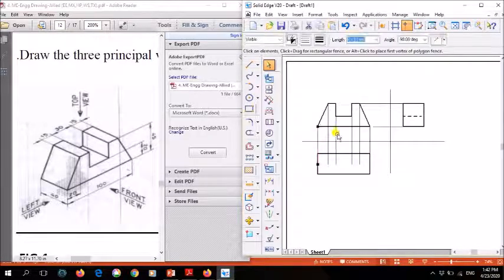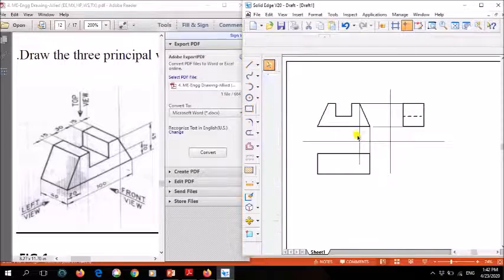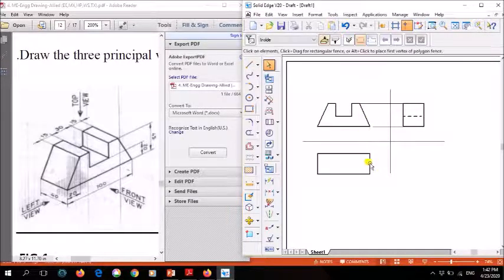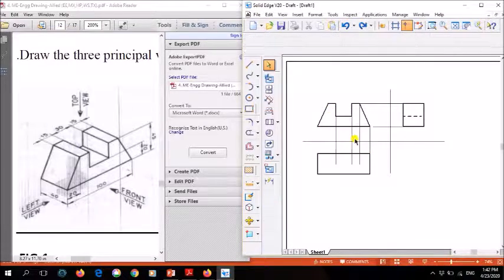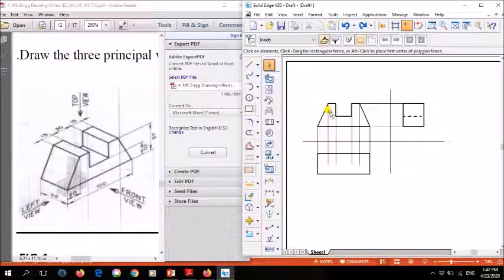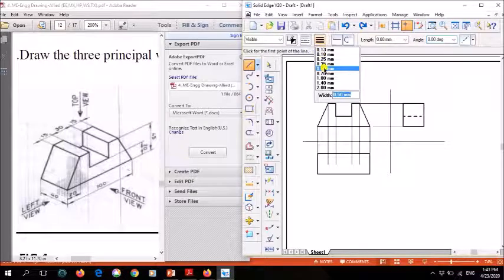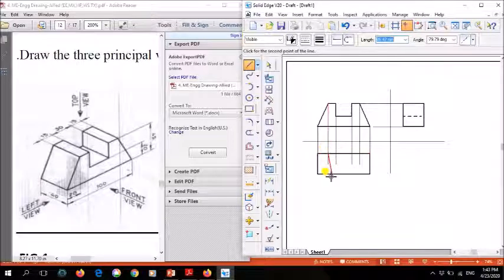Later on you delete these projection lines, we don't need them because you need to show the dimensions, and they would overlap with the dimensions. Clear? Just before erasing them, you need to show the views now. From the top, this plane or face is visible: one face, second face, third face, fourth face, and fifth face. These five are visible. So again take a pencil. Using thick line, you complete this. From here to here, that is your first one. Same way the second one, using thick line, complete these.